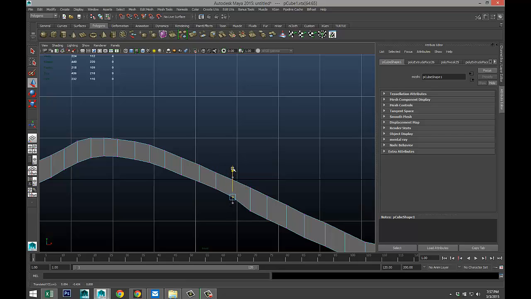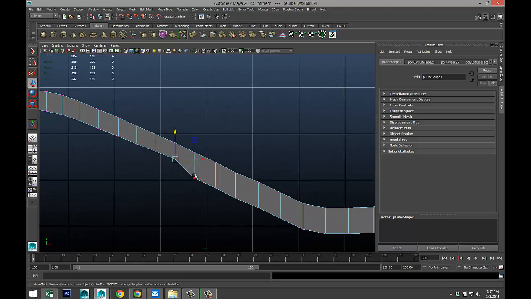I'll try to speed it up a little bit, but it's kind of tricky when you're working without a reference, because at the same time you need to figure out what shape you're going for.